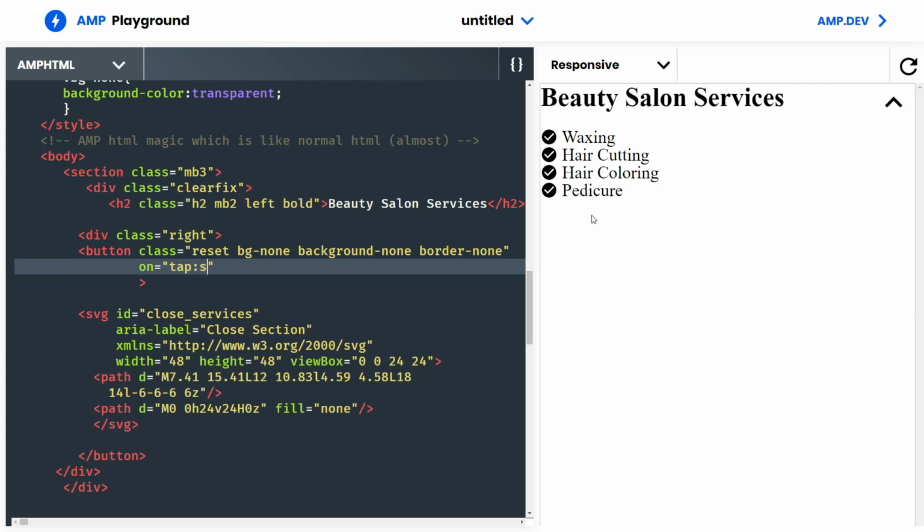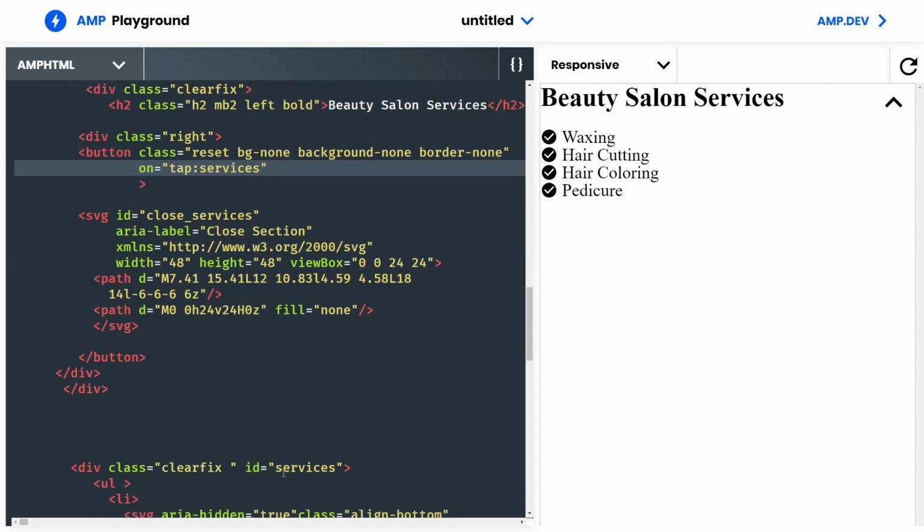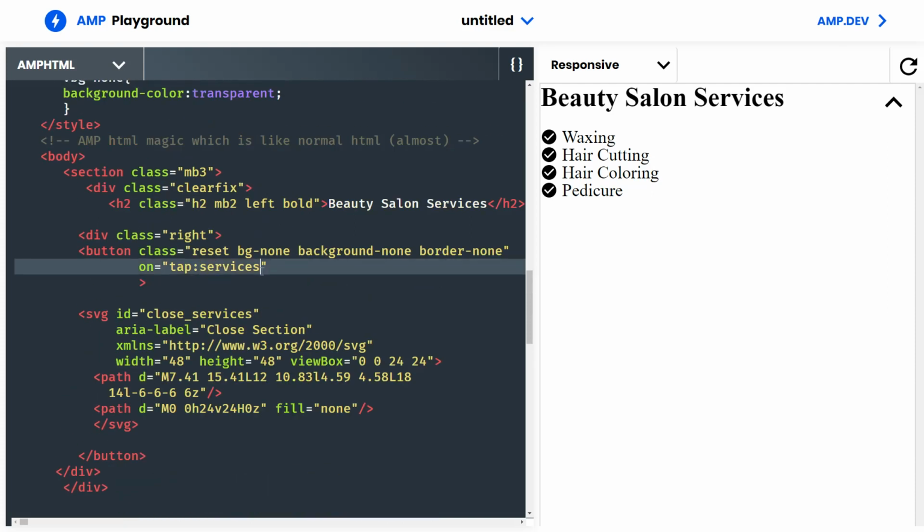So we say tap:services, and remember, we're using the ID of our div containing the services, so make sure they're identical. Then we place a dot, and after the dot we add the action that we want to be performed on those services. In our case we want them to be hidden, so we type hide.